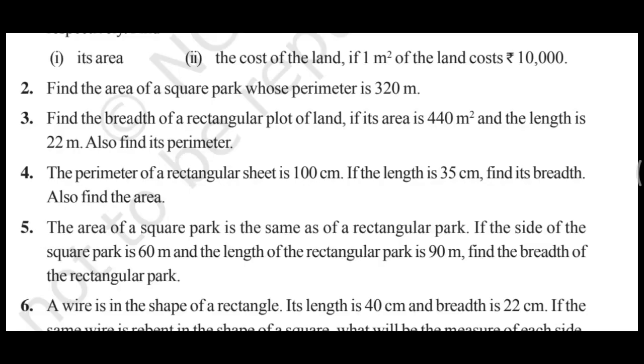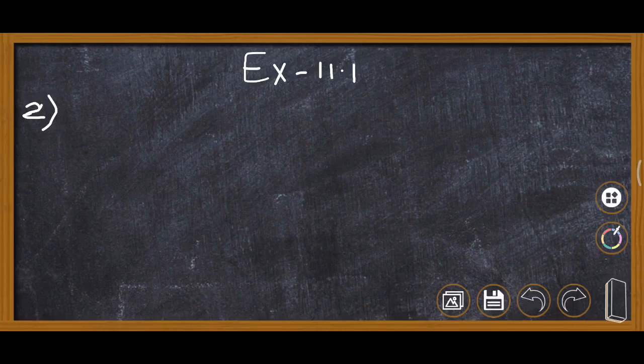This is question number 2 of exercise 11.1. Find the area of a square park whose perimeter is 320 meter. So by the perimeter we will find the side, and by the side we will find the area of the square. Question number 2. It is given area of a square park. Find the area of a square park whose perimeter is